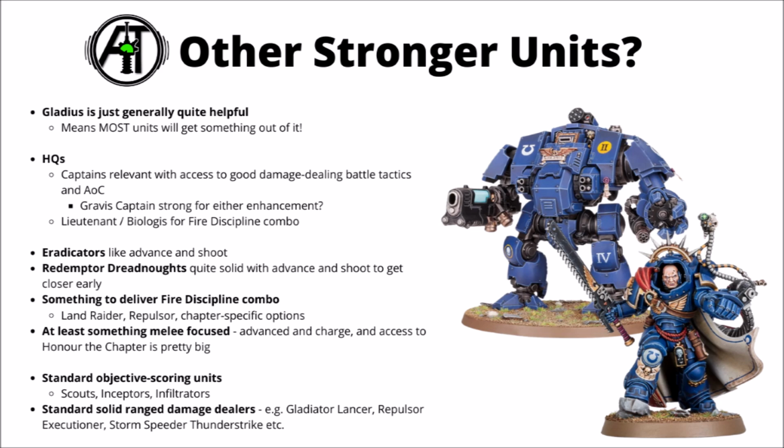Perhaps a Gravis Captain with aggressors could be a particularly interesting choice for either the 5+ Feel No Pain or the extra attacks and extra strength enhancements. Lieutenants and the Apothecary Biologists are both really quite nice with the Fire Discipline combo, as we've talked about a lot. It could be kind of helpful for shorter range things like Eradicators being able to advance and deal damage,